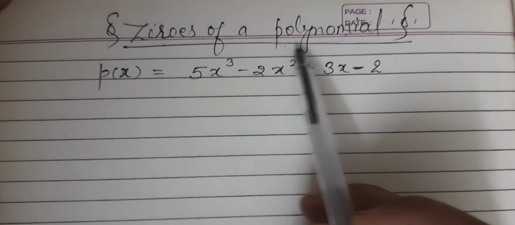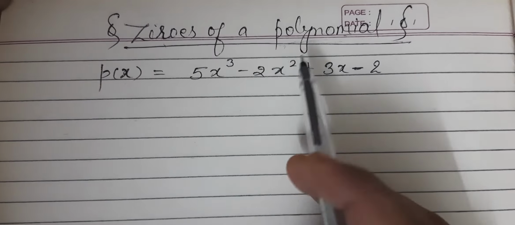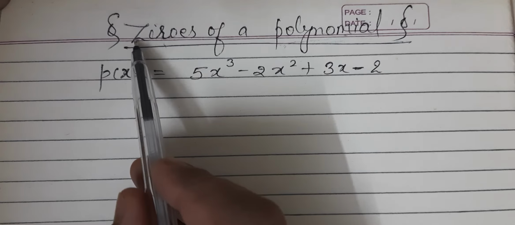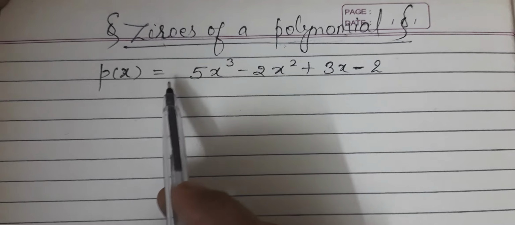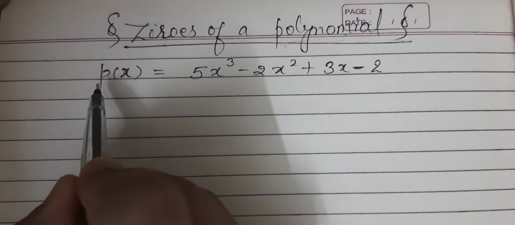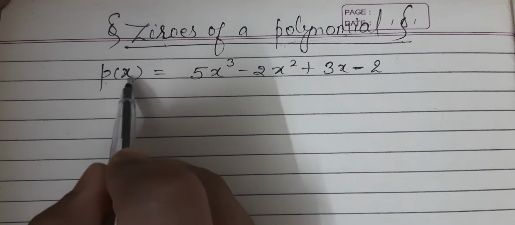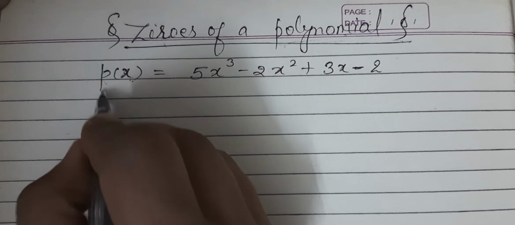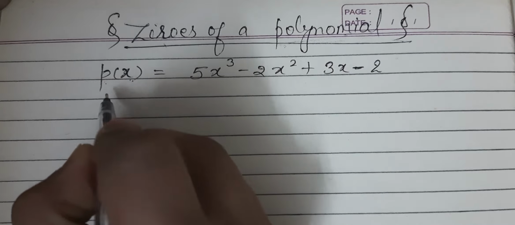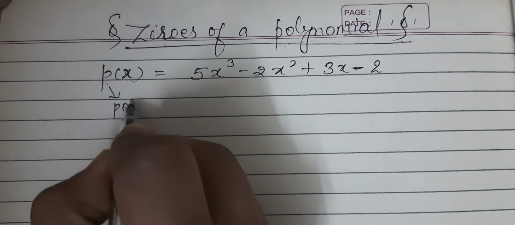You already know the meaning of polynomial. Now let us see what is the meaning of zeros of a polynomial. Now see this polynomial. P of x means polynomial in terms of x. Okay, we'll write it like this: small p and within bracket x. So it is nothing but polynomial